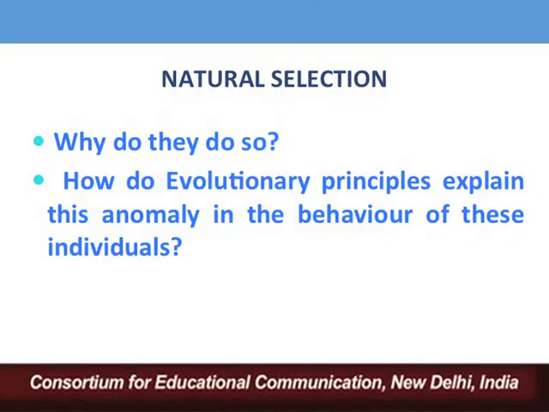So what exactly forces, or what exactly drives these worker bees for such particular behavior? As far as we know, queen bee does not force these worker bees to work for the upkeep of hive or for raising the young. So this will be the aim of this particular lecture, to explain such behavior wherein a particular individual sacrifices its own reproductive success to ensure that its relative reproduce and produce young ones. So the question is, why do they do so, and how do evolutionary principles explain this anomaly in behavior of